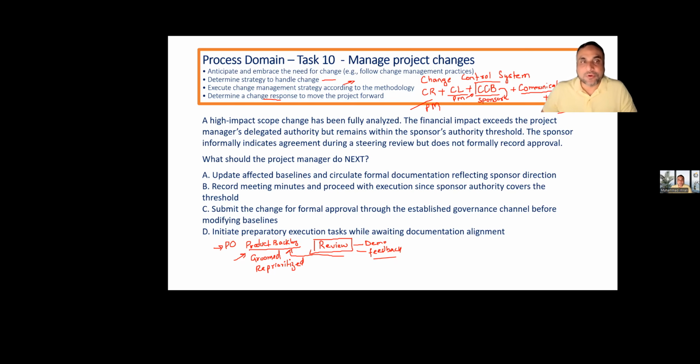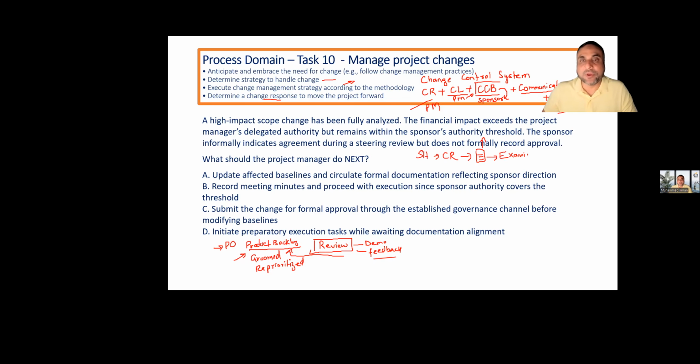So the sequence of the change in the predictive is that the stakeholder can submit the change request. The project manager will look at this change request: will this align with the project objectives, yes or no? If no, they can reject it directly. Sir, sorry, go and ask the sponsor directly for that. And if you really need it, then we can submit it to the change control board. So then it will be